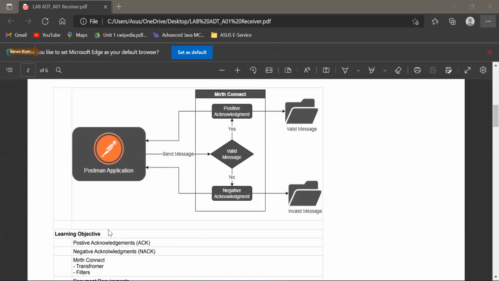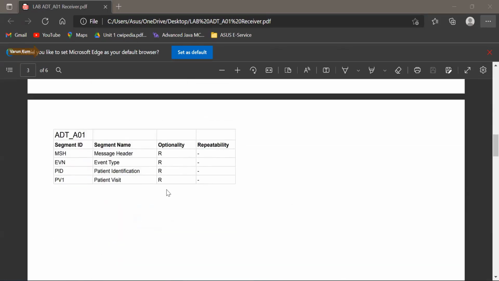Is it working as per the design? Yes. Have you understood? What is a positive acknowledgement and what is a negative acknowledgement? Yes. You understood how we use a transformer and a filter. Yes. Come down below. And how? The documentation from the documentation, how we did.